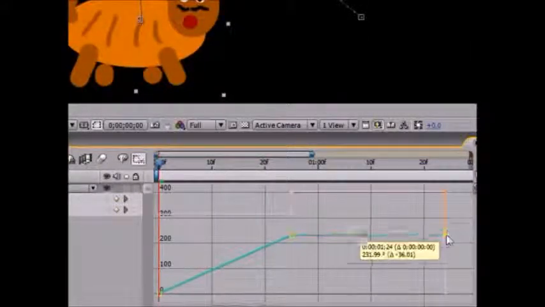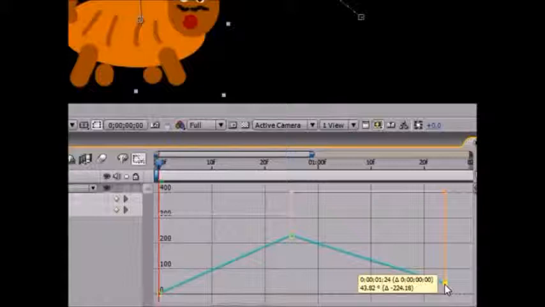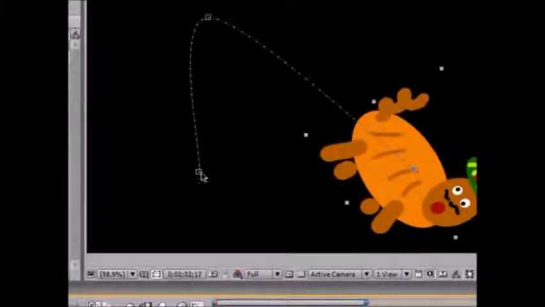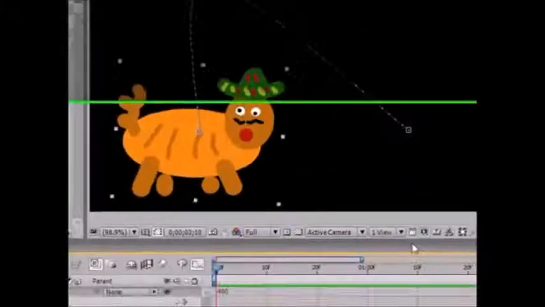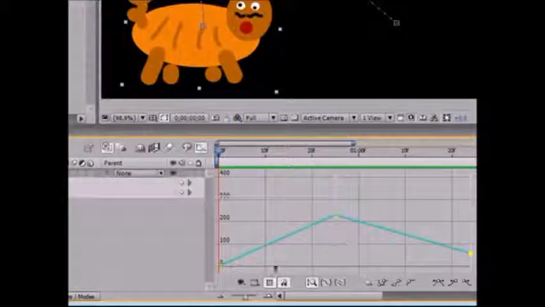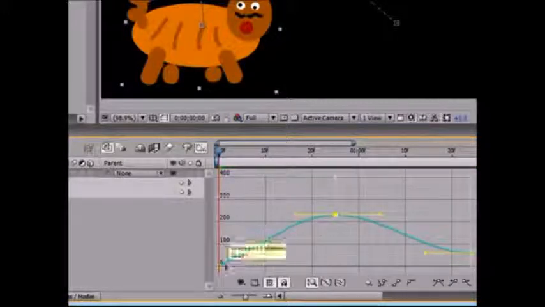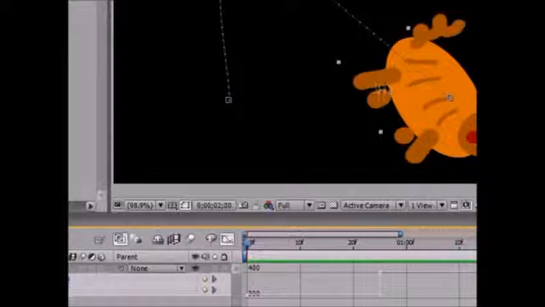And another thing I want to do is bring down his rotation as he's approaching the end. So as you can see, now Charlie, if you watch him, he's rotating, and at the top he's going to change his rotation. So that's a useful way. And again, if we want to apply Easy Ease, select the keyframes and do them one by one. Ease in and ease out, and now as you can see, this is a very useful way to coordinate our